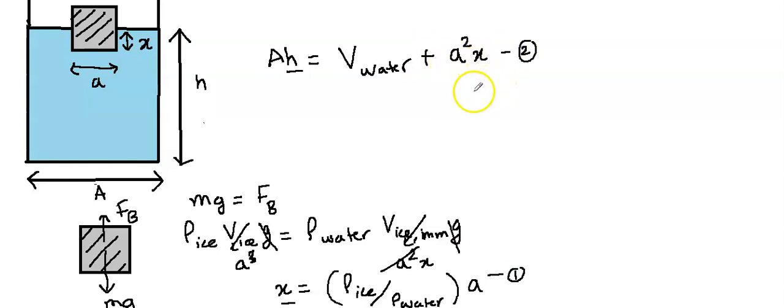So what exactly happens after the ice melts? So we need to prove that h increases, right? That's what we intuitively felt. So let's actually think about that. After the ice melts, all of the ice would have become water. So basically whatever was ice has become water. So the volume a cube of ice has become volume a cube of water, right?